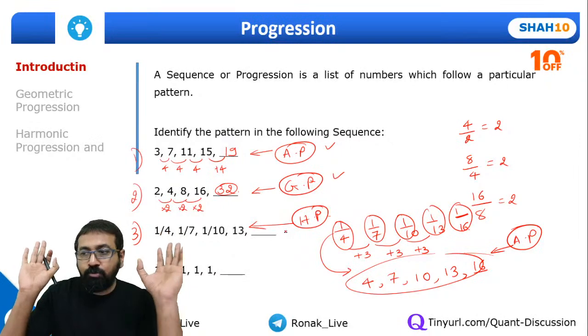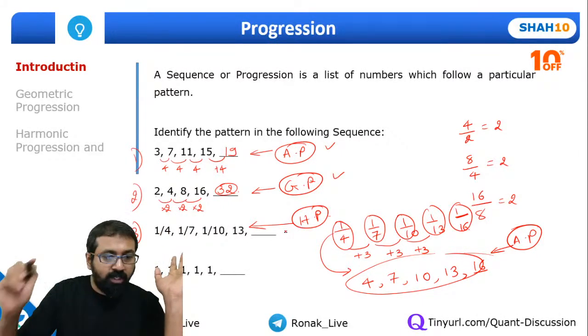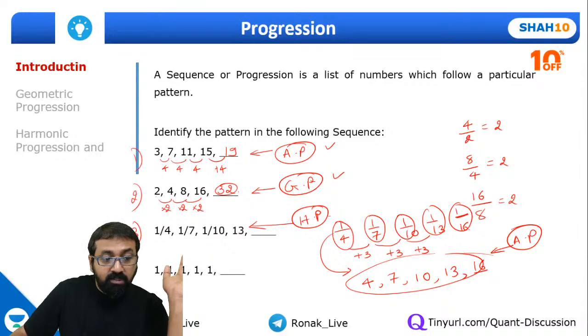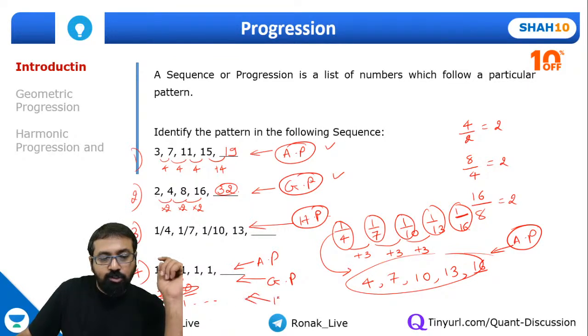I'm sure all of you have understood by now, right? Okay, great. And what do you see over here? Now this is again a progression. There is a pattern over here. There are different ways in which I can look at it. If I add 0 to the first term, I get the second term. If I add 0 again to the second term, I get the third term. So again the difference is the same, so this is an AP. In the same way, first term multiplied by 1 is the second term, multiplied by 1 is the third term, and so on. So this is also a GP, and in the same way this is also an HP.